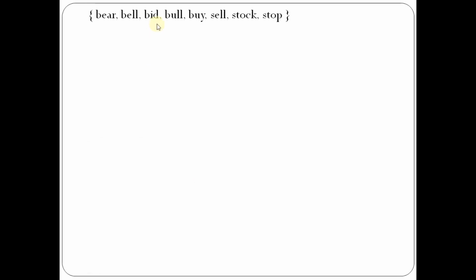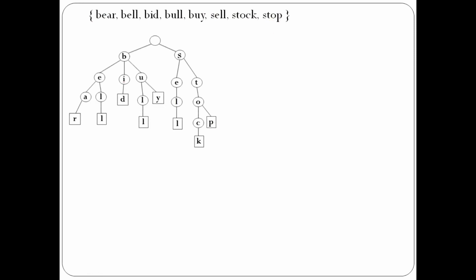Consider the given example. Here we have a set of strings and we have to calculate the compressed trie for it. The first step is to draw a standard trie. How to draw a standard trie? I have already discussed it in my previous video and the link is available in the description. So this is a standard trie. Now, according to the property of a compressed trie, if a particular node has 2 or more children, then keep it as it is, and if it has less than 2 children, then you have to compress it, that is, merge it into a single node.